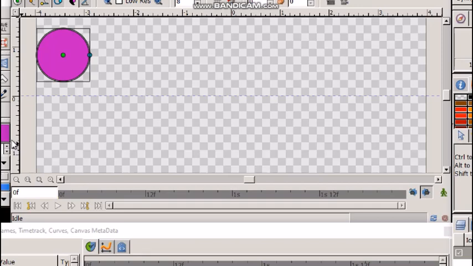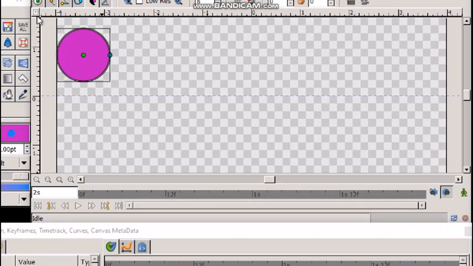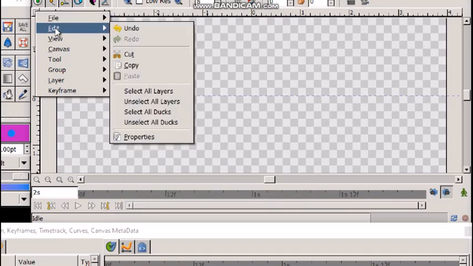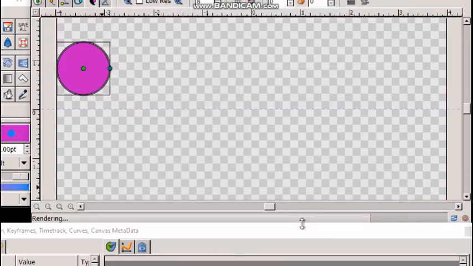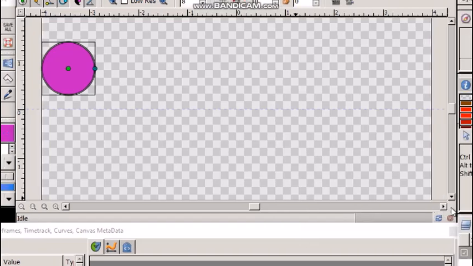Now animate editing mode. Here on the right side of the time bar, you can see a green button. This green button will be visible only if we have a non-zero end time. Just now the end time is given as 2 seconds. Now pressing caret, edit properties. If we give end time as 0 seconds, apply, OK, then the time bar as well as the green button will not be visible at all.